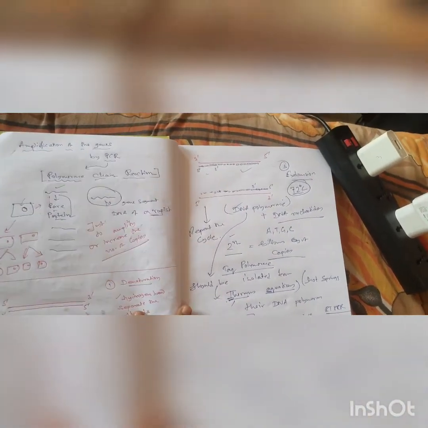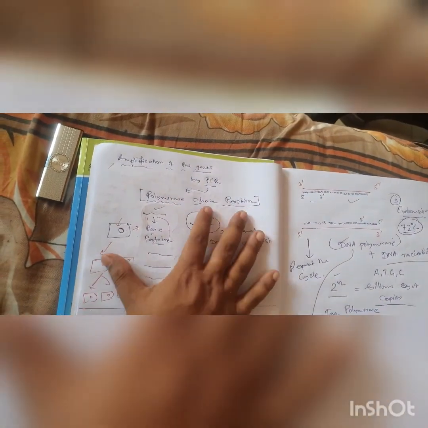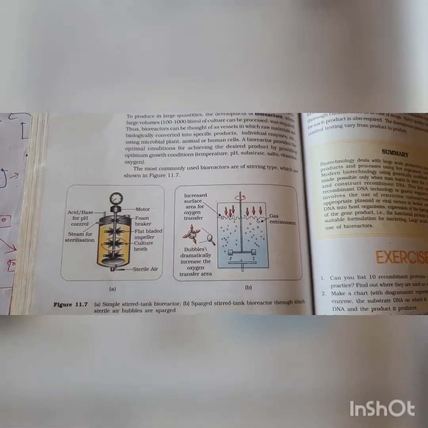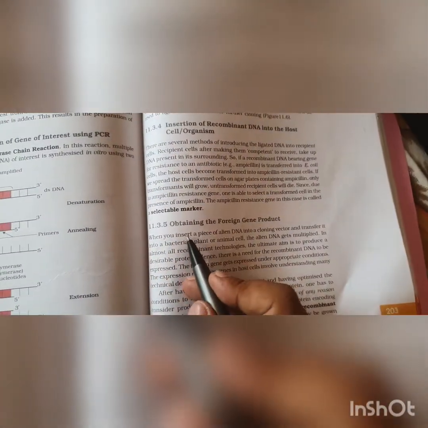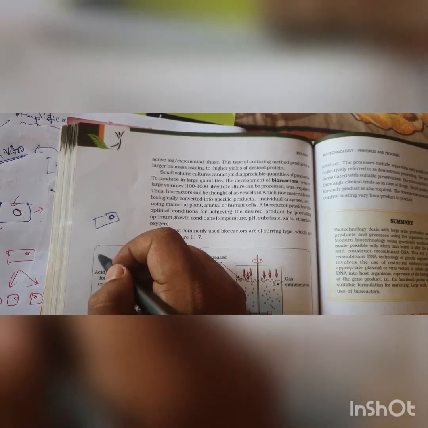So anyway, this is just in small details I have told, but I hope you have understood the main objective of doing PCR: increase the number of the copies. Okay, once we are done, now we are at the last portion of the chapter, that is downstream processing, or this topic is known as the obtaining of the foreign gene product. So suppose your cell is there in which you have the plasmid, and in which you have the gene of your interest which is producing, suppose, insulin.